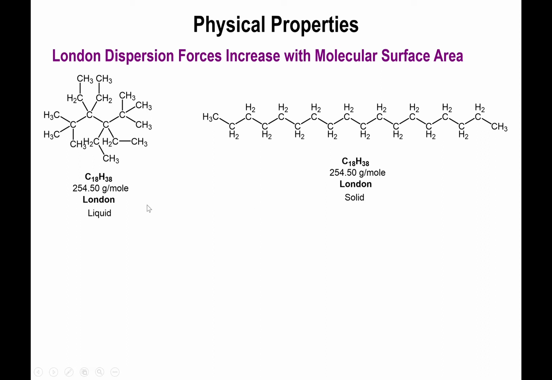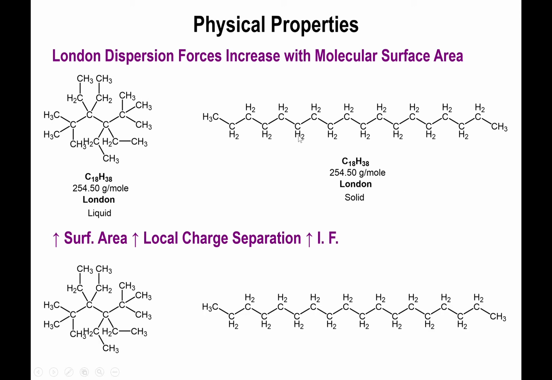And at room temperature, the molecule on the left is a liquid, whereas the molecule on the right is actually a solid. All right, now, the reason why this is happening is because we have greater intermolecular forces when the molecule is more planar or flat, as we can see right here, as it extends into longer and longer